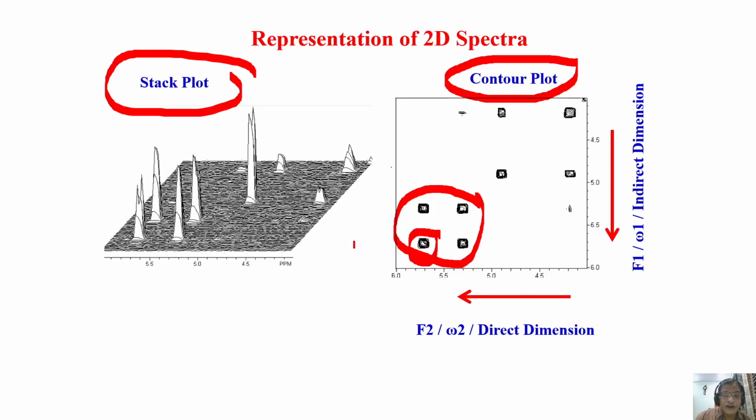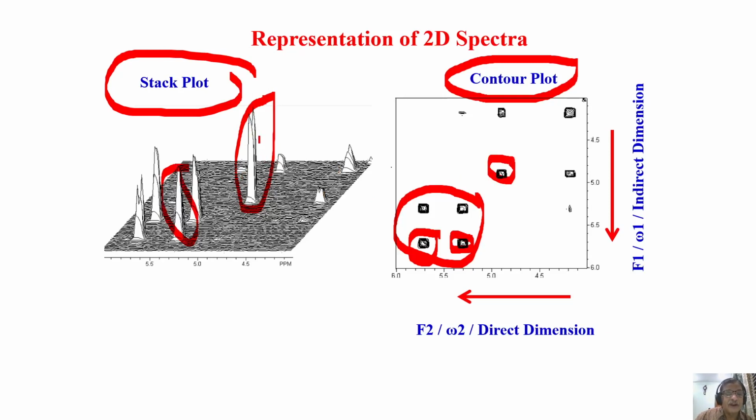So these are all called contours. We have different contours, one within the other. There are several such contours, maybe 1, 2, 10, 20. Mind you, the area of this contour exactly matches the area of the corresponding peak in the stack plot. For example, I consider this peak, which is highly intense, and the area of that peak and this peak perfectly agree. This is just a translation of the stack plot.